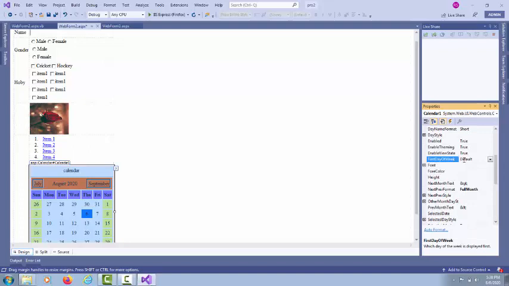First day of the week. By default, the first day of the week is default, that is Sunday. If you set it as Wednesday, then the first column will display Wednesday. If you set Saturday, then the first column will be displayed as Saturday. I will again set it as default, so Sunday will appear. I hope that I covered all the properties.